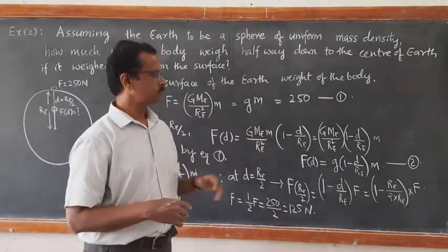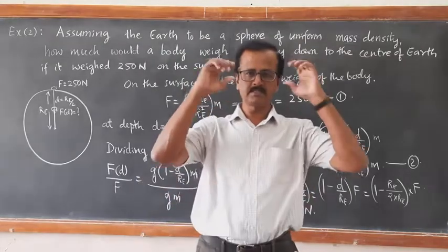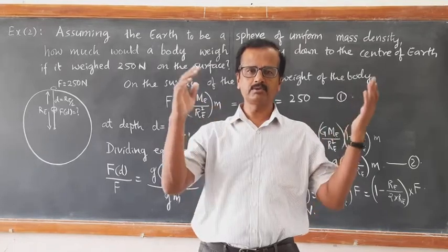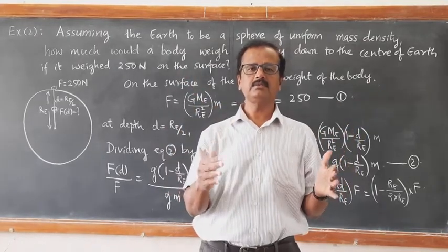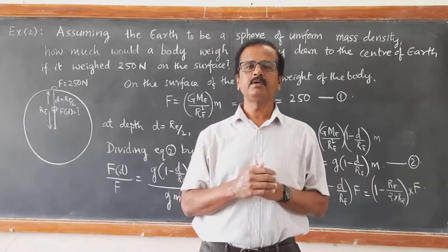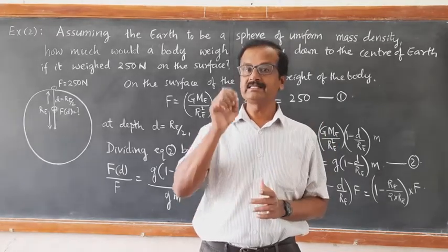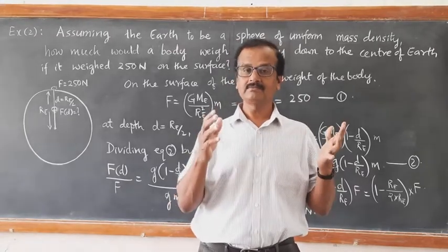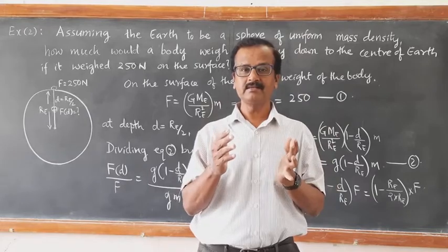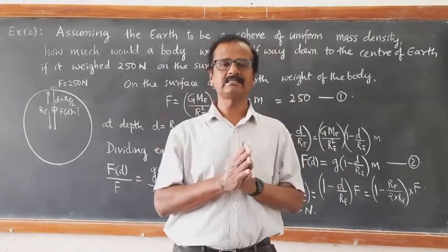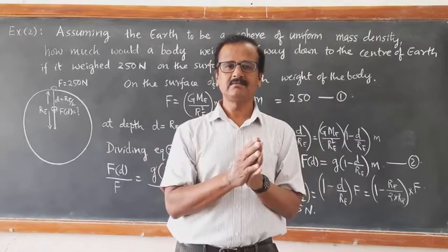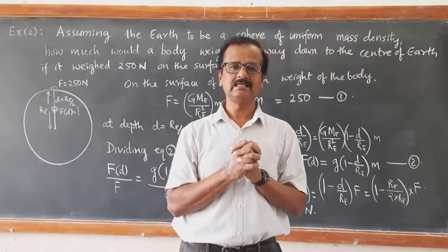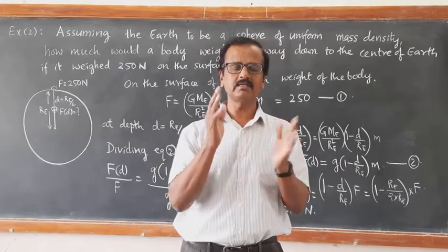So the conclusion is, just above the surface of the earth also the acceleration due to gravity goes on decreasing. As a result, the weight of the body goes on decreasing. Below the surface of the earth also the acceleration due to gravity goes on decreasing, and weight also goes on decreasing. Exactly at the center of the earth, the acceleration due to gravity becomes 0, and a body taken to the center of the earth becomes weightless. Although it has mass, its weight becomes 0. That is another condition of weightlessness.